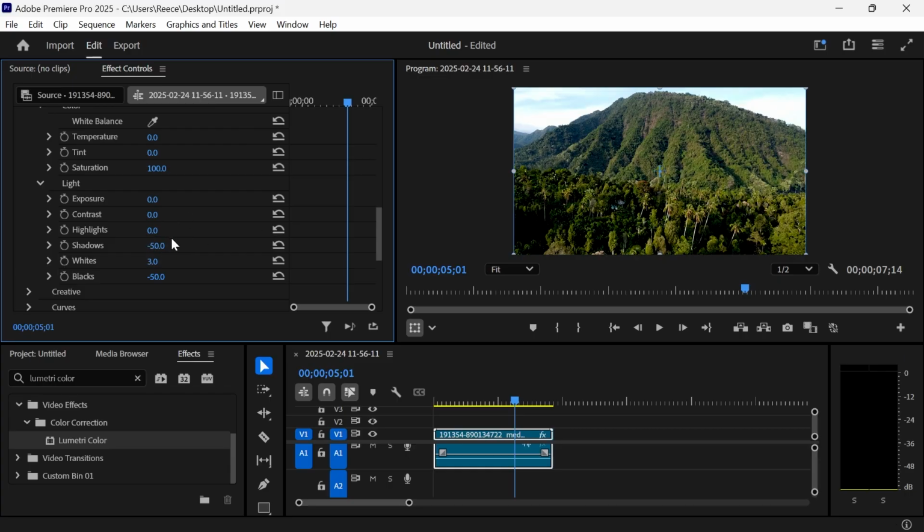Now, because we've reduced the blacks, you may want to increase the whites to kind of create this moody video effect. But if you just want to keep the entire brightness down, then we can just leave the whites at 0. And if the video footage is still too light, then what you can do is come over to this